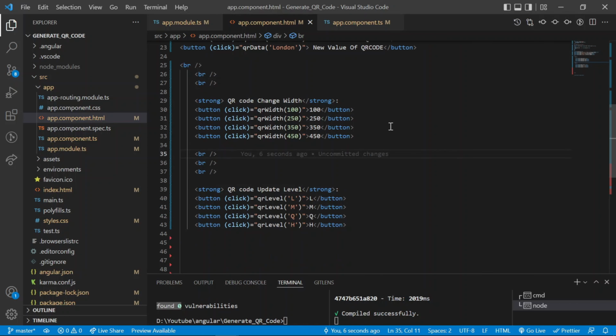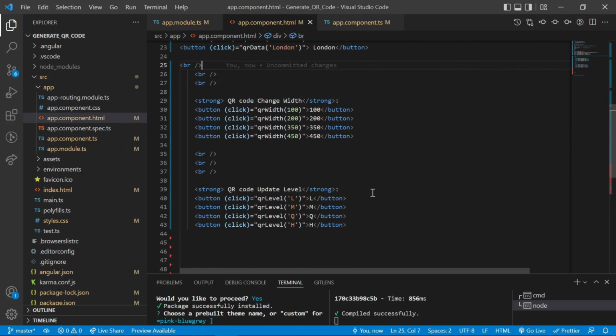So in the background I called both the QR label and QR width methods on their respective buttons. So let's check how it works.